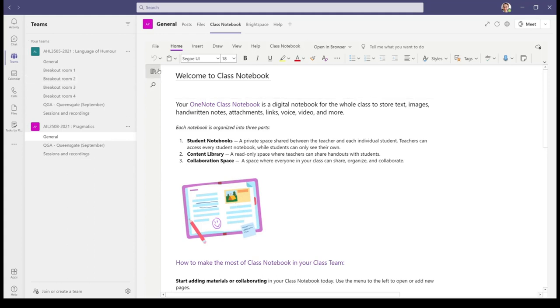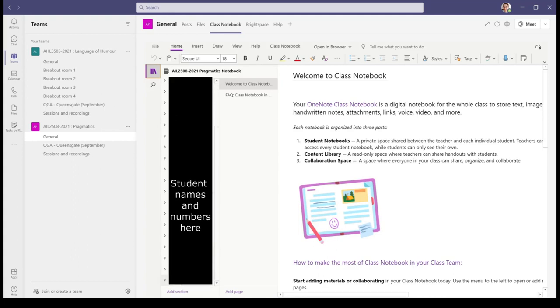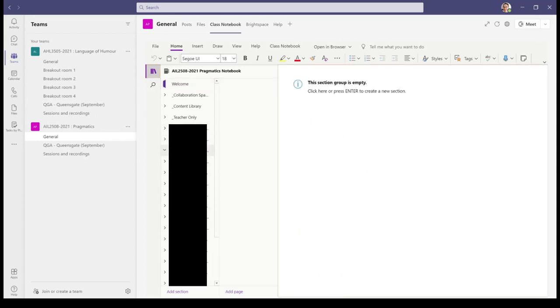And then once you're here, you go to this little show navigation thing, the little 3 books there. When you enable class notebook, it will automatically generate a book for every one of your students, which, if I'd been using this right from the beginning, I probably would have got them to use for various activities, to use their own individual ones. So these are notebooks where only I and the individual named student can see what's within them, and I don't think any of my students have used their named notebooks, because what we tend to use is the collaboration space,